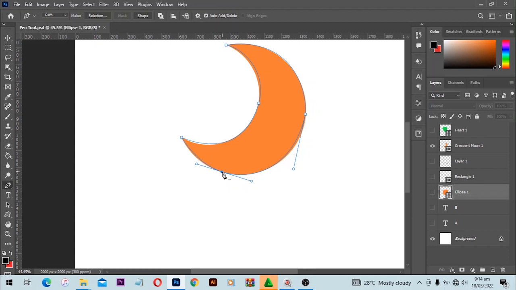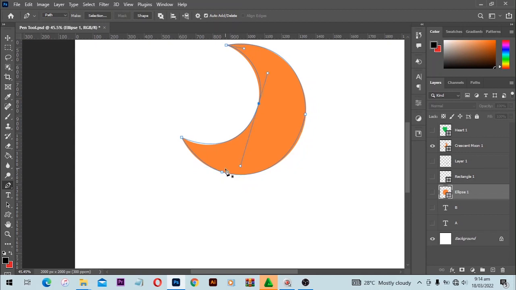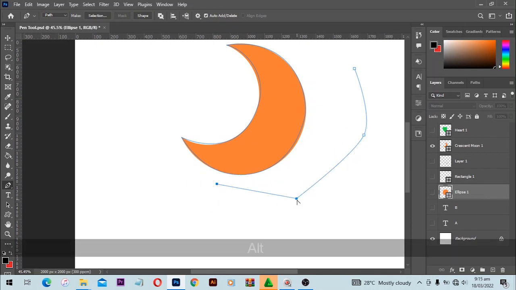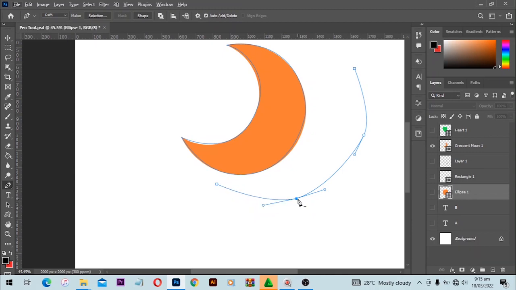So all you need to know from here is that when you hold down the Alt key, it opens up the convert point tool, and the convert point tool will help you to bend handles, remove handles, and bring back. So just like this, click and drag. In this case, I just click and then come here. When I hold down the Alt key, it opens up the convert point tool, and when I click and drag, this one brings me handles, and I can bend the handle holding the Alt key,